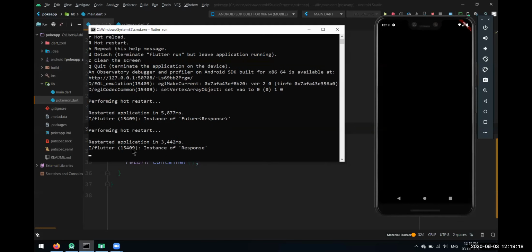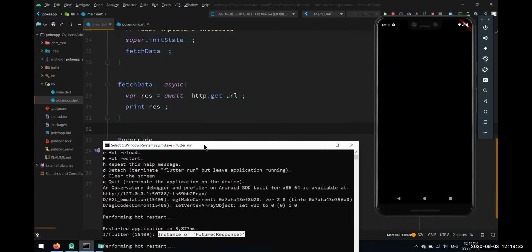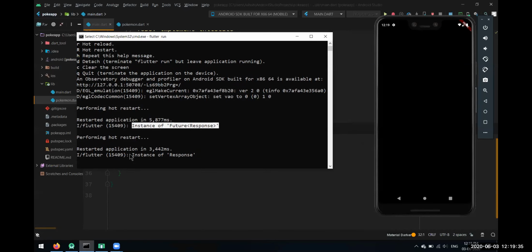See, now it is waiting for the response. See, now we got instance of response. Earlier when we didn't add the async and await keywords, we were getting this future response because at that point it didn't have any data. Now when we added async and await, it first fetched the whole data, and after that it printed it. So here we have it.